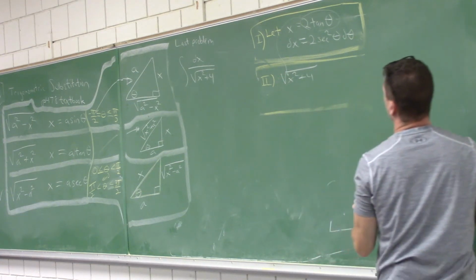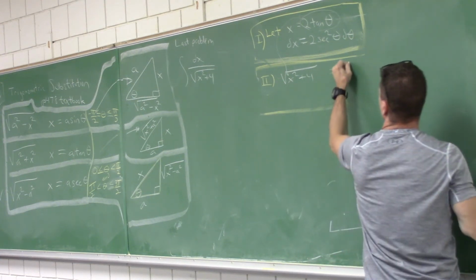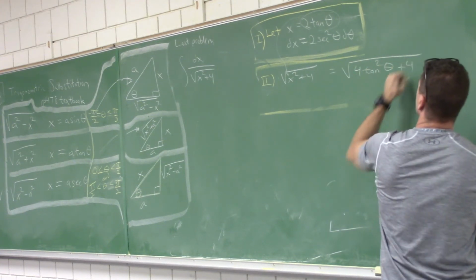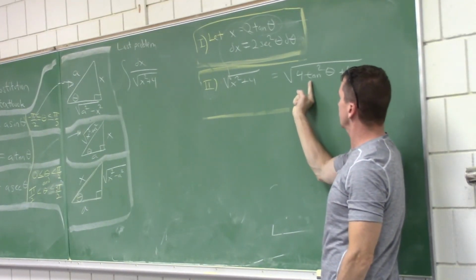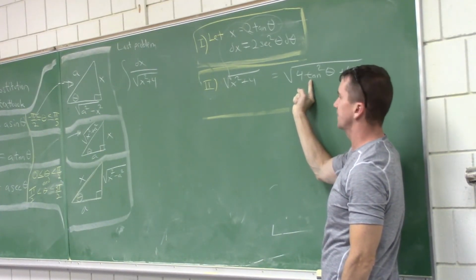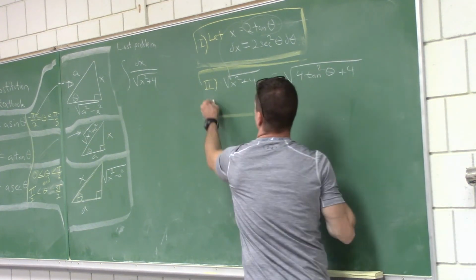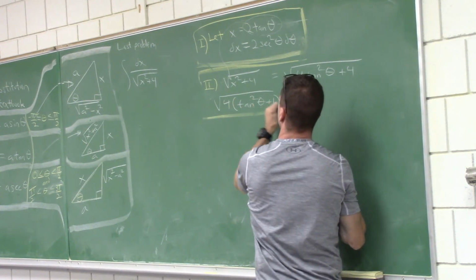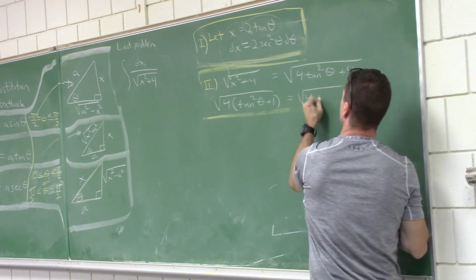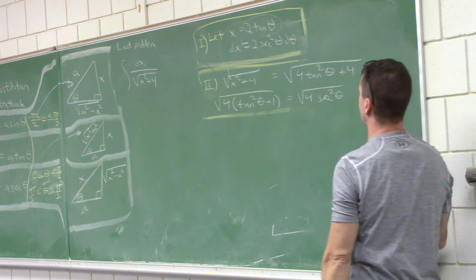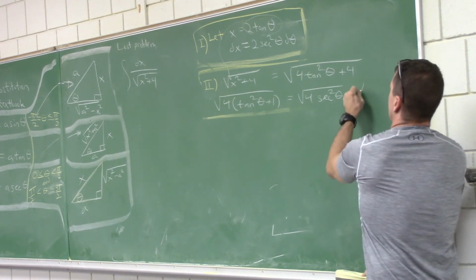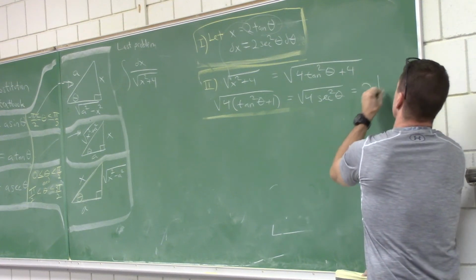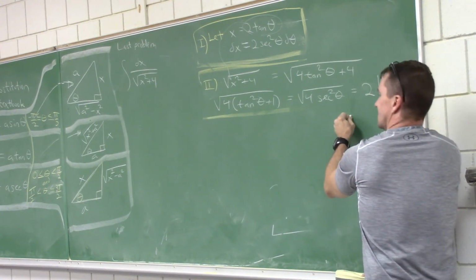What's a 2 of tangent theta? And then I got to square that. 4. Was everyone okay that I squared the 2 and the tangent squared there? All right. Can I factor? All right. Anybody know what trig identity for tangent squared theta plus 1? Secant squared theta. Here I come, the math geek. This is equal to the square root of 4 secant squared theta, which is 2 secant theta, but